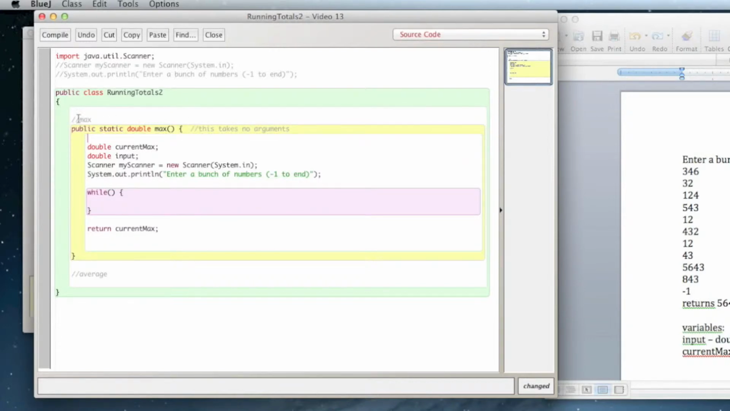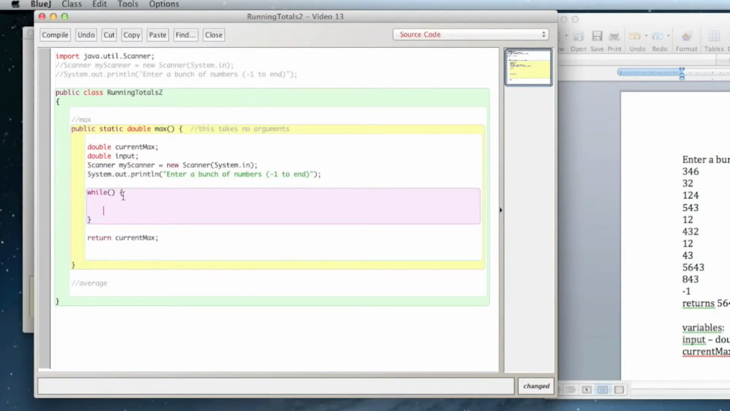So it can either be a line by itself, or after a good line of code you just put a comment there. All right, enter a bunch of numbers. Okay, so for the while loop, what I like to do is start with the while loop itself. And what we're going to do is keep getting an input from the user. So input equals my scanner